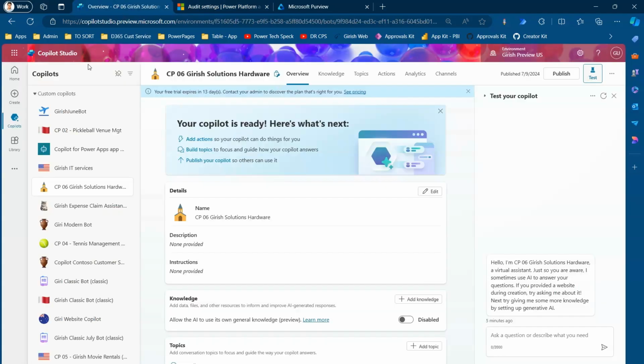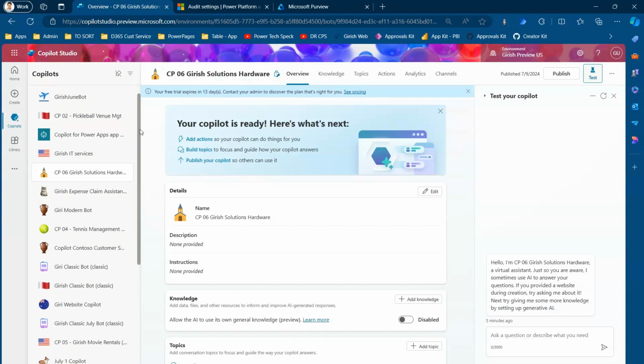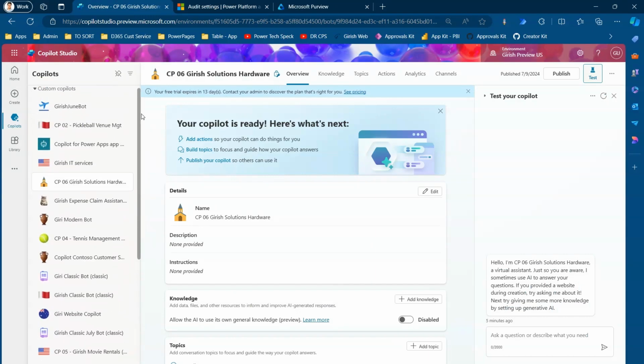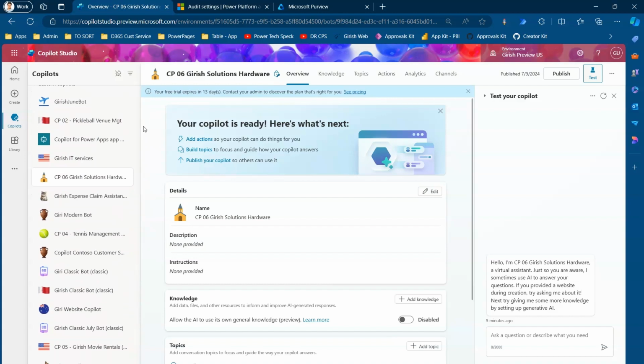Copilot Studio. Now, this is the Copilot Studio. Now, I've created a lot of Copilots in the last 30 days or so. Now, I've done a lot of actions, like I've created a Copilot, I have published the Copilot to a channel, I have connected a Copilot to an application, I have deleted a bot. So I've done a whole bunch of actions, and all those things might have been registered in the audit